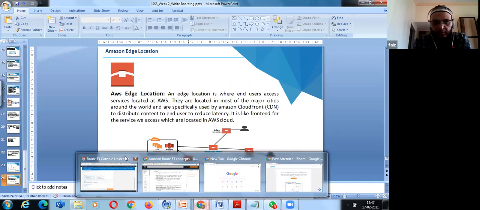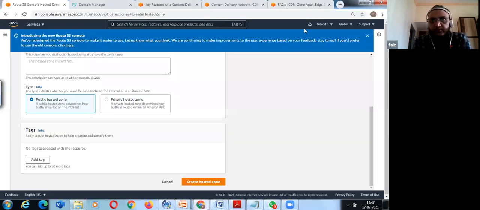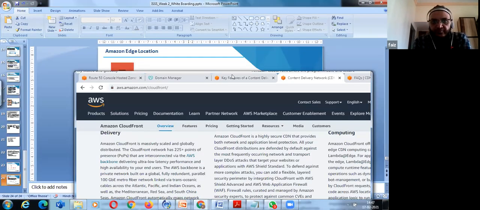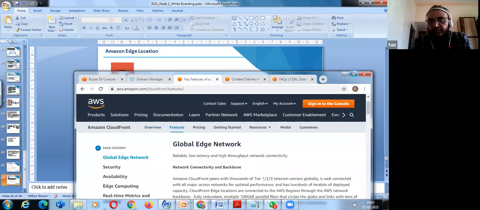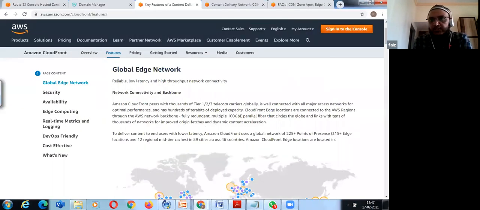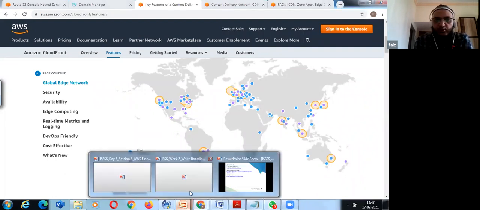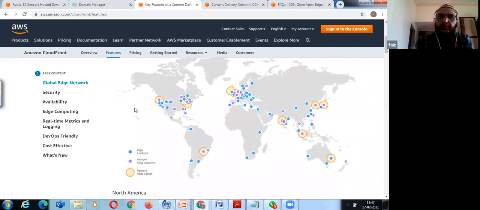We saw this in that lecture. We had edge locations, regional cache, multiple edge locations. So when you talk about edge locations, we talk about caching, caching of your contents, right?